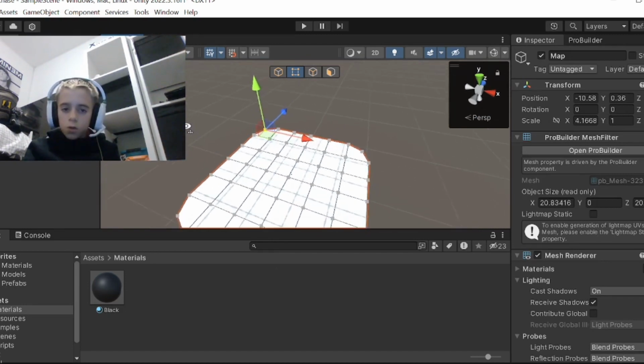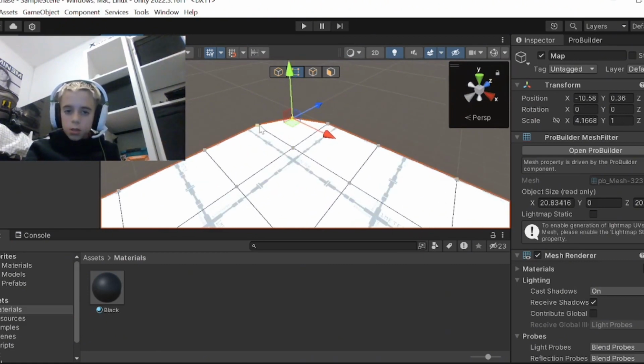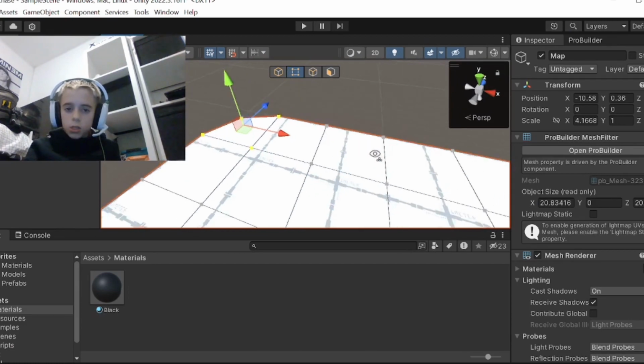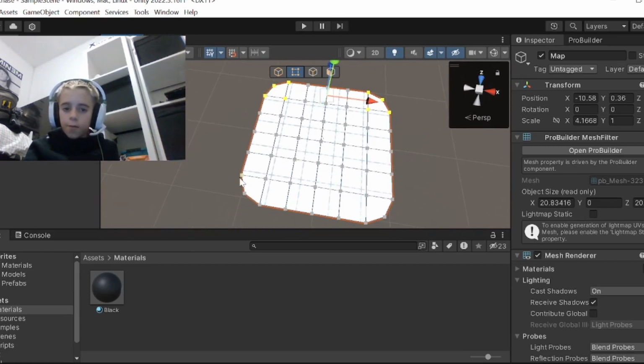So there's 4 little points. This one, this one, this one, and this one. I want to select all of those on each edge, so like that. If you guys have another way of making a map, that's completely fine. You can use that. Anyways, now once you've got that selected, you can go into your scale